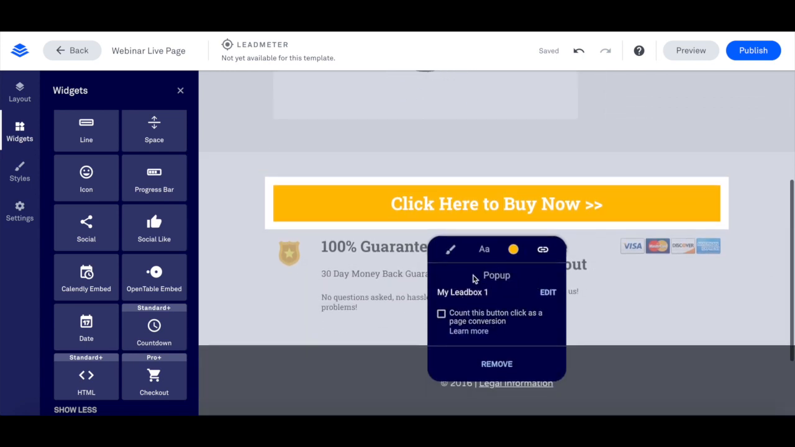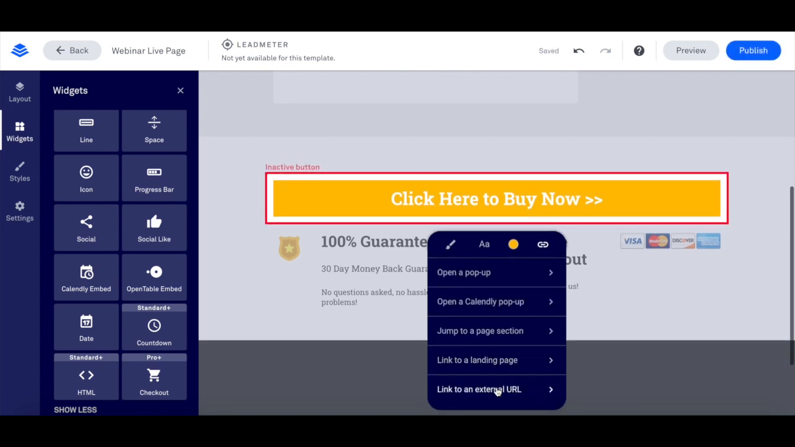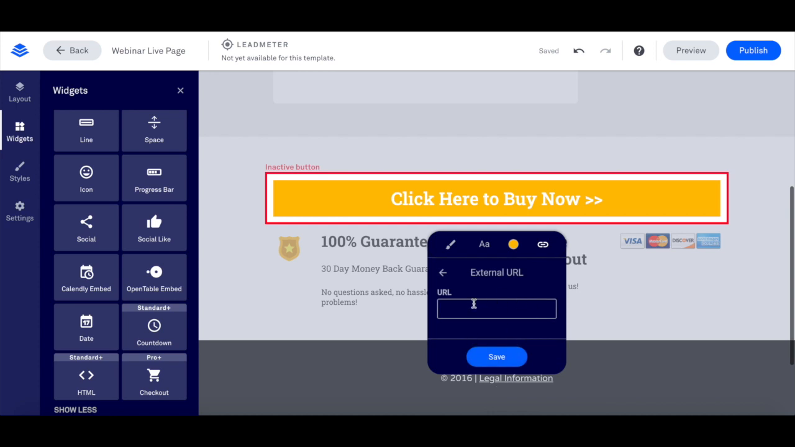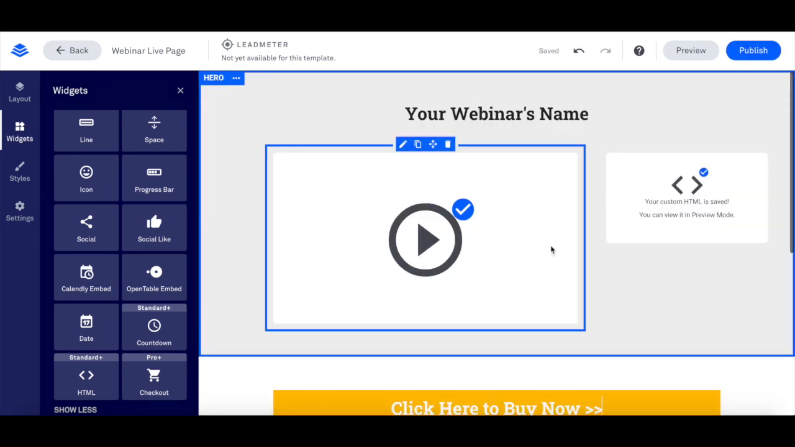Remove the lead box pop-up and add a link to an external URL that links to your product or service's checkout page that you'll be pitching at the end of the webinar, and then press Save. The last thing that's left to customize this webinar live page is to add the video